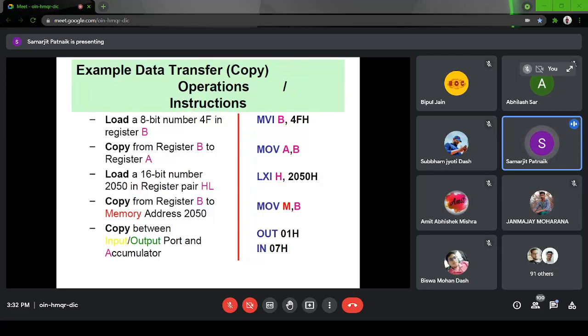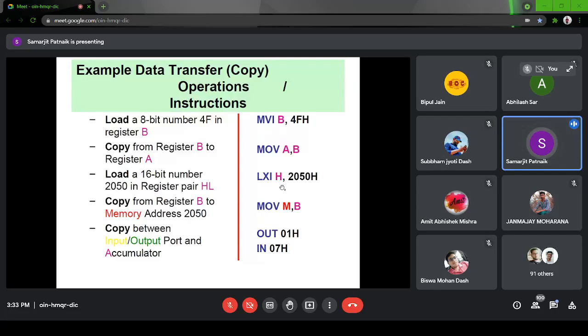So you have to remember all these. It is easy. The first time it looks difficult, but there is an easy way of remembering all this, because it follows a standard template. We'll go through it, don't worry. Initially it is just mixed up, so it looks difficult. For the HL pair, we write only H, yes, that is the syntax. In LXI, if I write H, by default it means the HL pair. Similarly, if I write B, by default it means the BC pair.